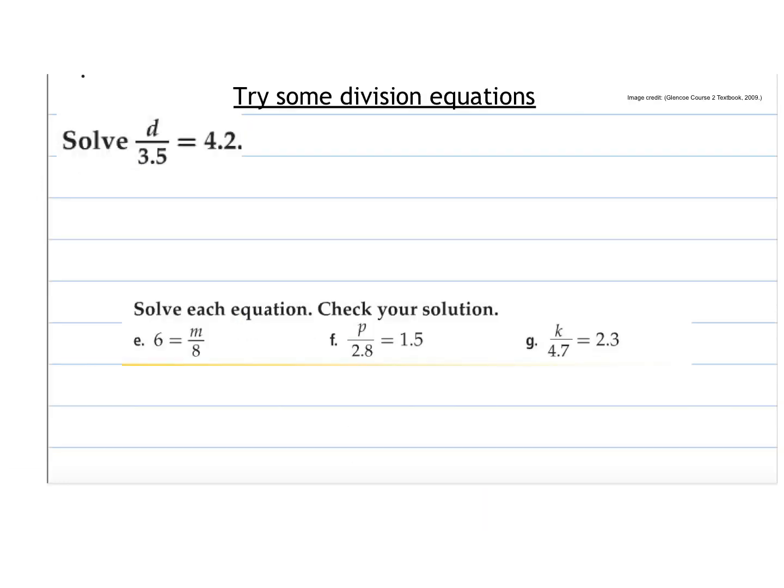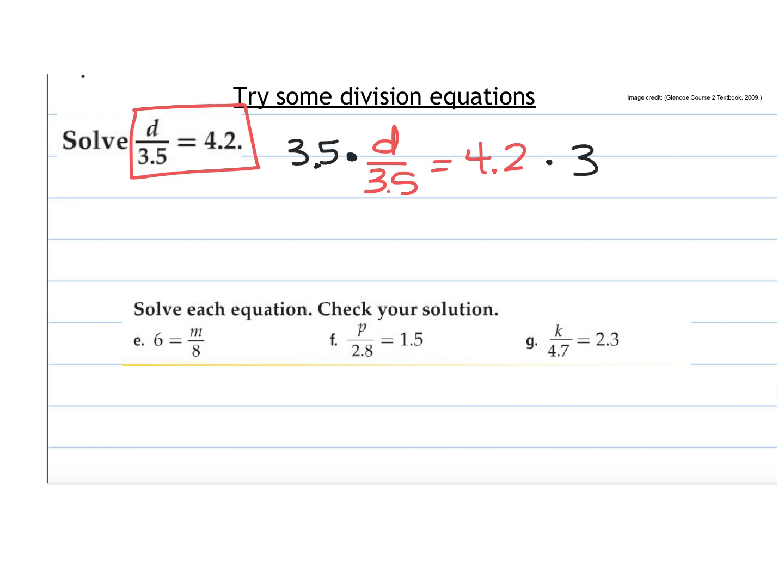All right, let's do some more. D divided by 3 5/10 equals 4 2/10. So why don't you write that down in your notebook so we can have a lot of examples and practice problems in your notes. So D is being divided by 3.5, which means we're going to do the opposite, and we are going to multiply both sides times 3.5. You could write this out and do it and think way back to how you do it with your decimals, or we can put it into our calculator and we get, oops, sorry, I keep forgetting to do my train tracks for these. D would equal